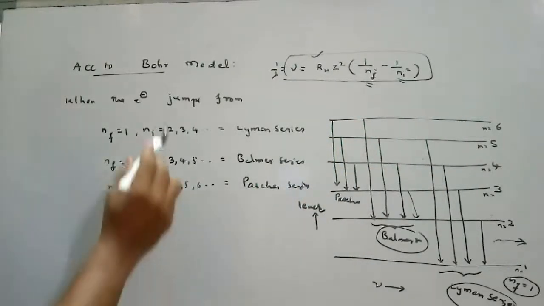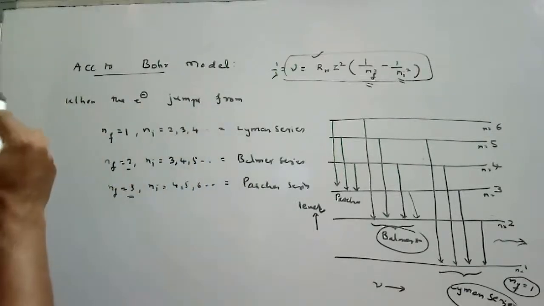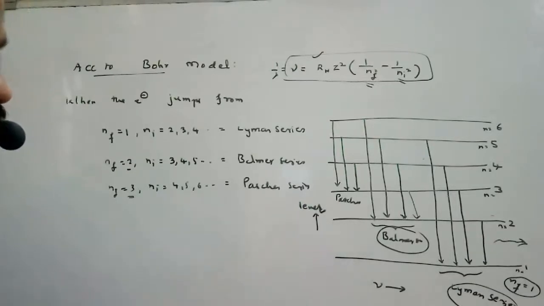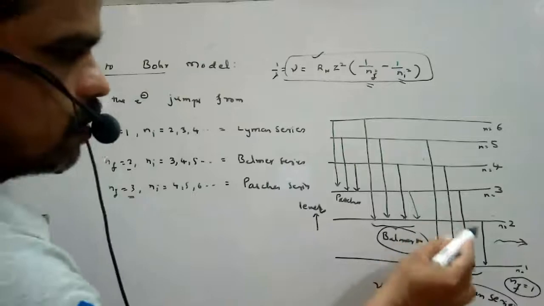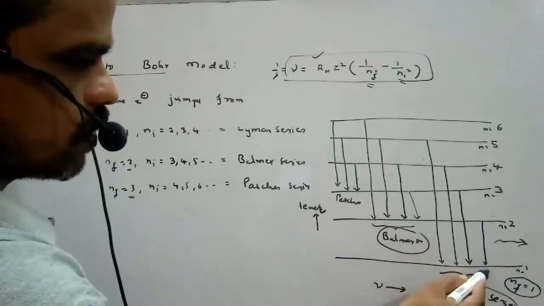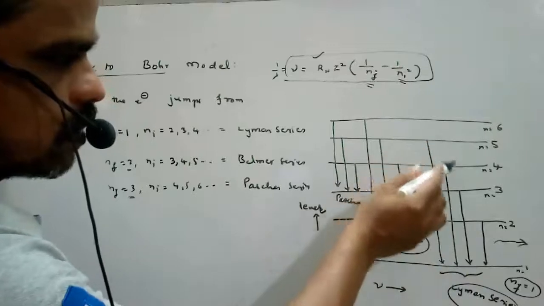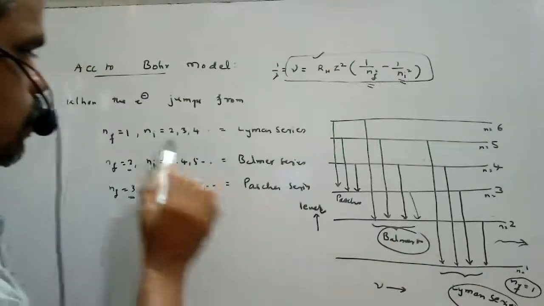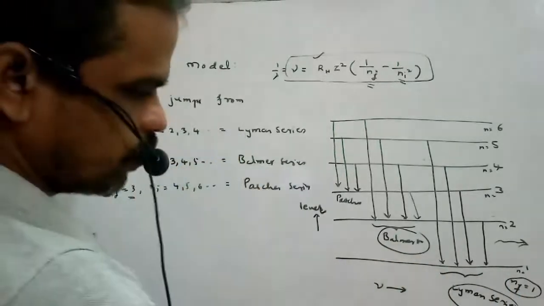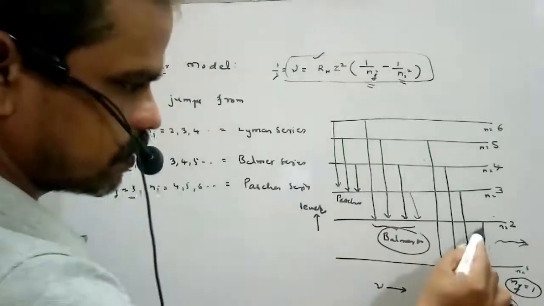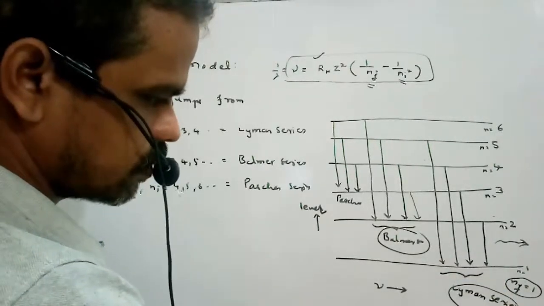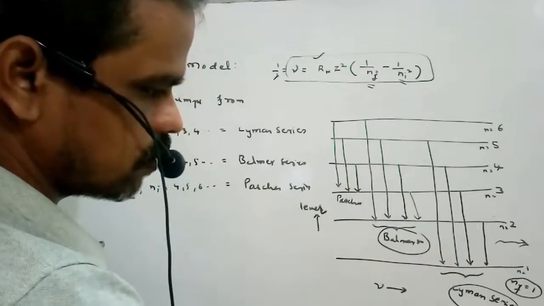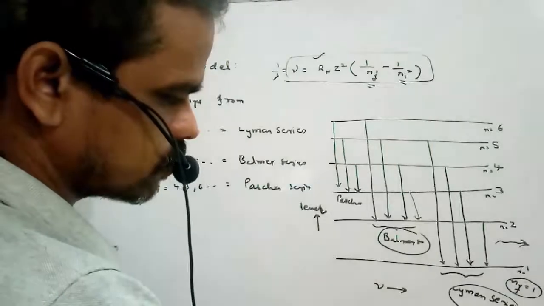So here, when the electron jumps, moving from one orbit to next orbit, otherwise one energy level to next energy level. So here, when the electron jumps from second level to first level, then third level to first level. So the electron jumps from higher levels to first level. Here Nf equal to 1, Ni equal to 2, 3, 4. So if you go for spectra, the lines will come like this. For this transition, lines will form. So these series of lines we can call Lyman series.